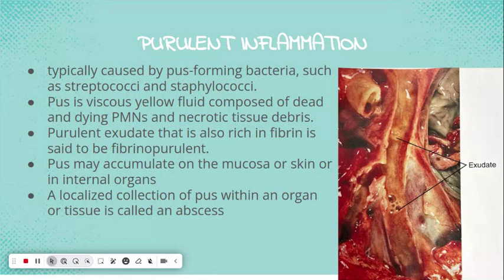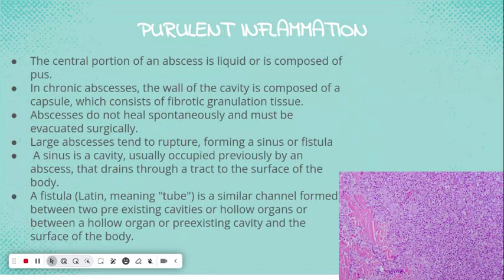A localized collection of pus within an organ or a tissue is called an abscess. We see skin abscesses quite often. If anyone's watched Dr. Pimple Popper, she removes quite a few of those. The central portion of an abscess is liquid or is composed of pus. In a chronic abscess, the wall of the cavity is composed of a capsule, and this consists of a fibrotic